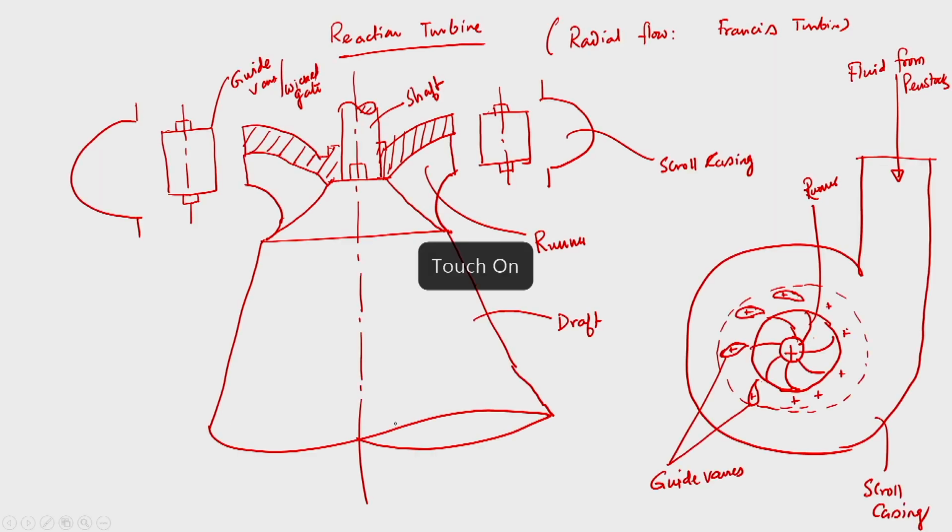So if I go back to my previous slide, it is clear that when water is coming from the penstock, it is going through the scroll casing. Sometimes it is known as spiral shaped casing, but its special name is scroll casing. So whenever water is coming from the penstock, it goes through this spiral shaped casing, and then the working fluid engages almost all the blades, the entire runner at a time, instead of engaging 1 or 2 buckets as in an impulse turbine.